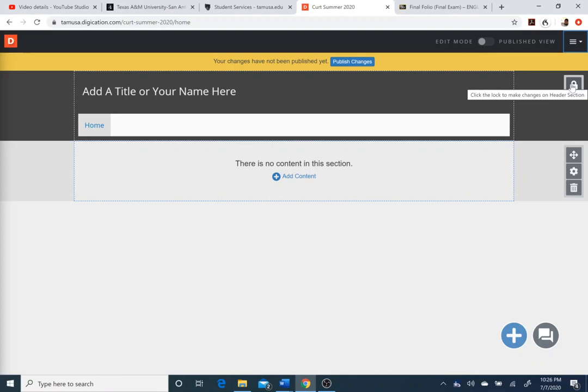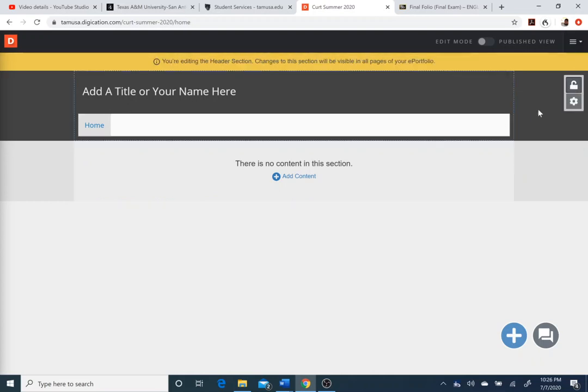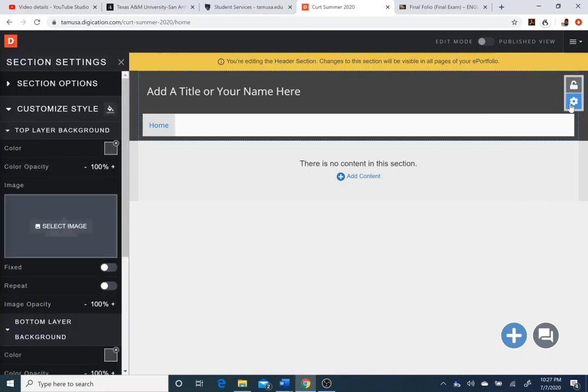So first thing we're going to do is unlock this top lock here. And see, you can click this and it gives you customization options, right? So it will allow you to change the colors, do all kinds of stuff to that effect, and you can play with that as you see fit. And again, the help page that I've already shown you that I have linked for you is going to give you a lot of options and a lot of utility, if you go through some of those help videos. But for now,